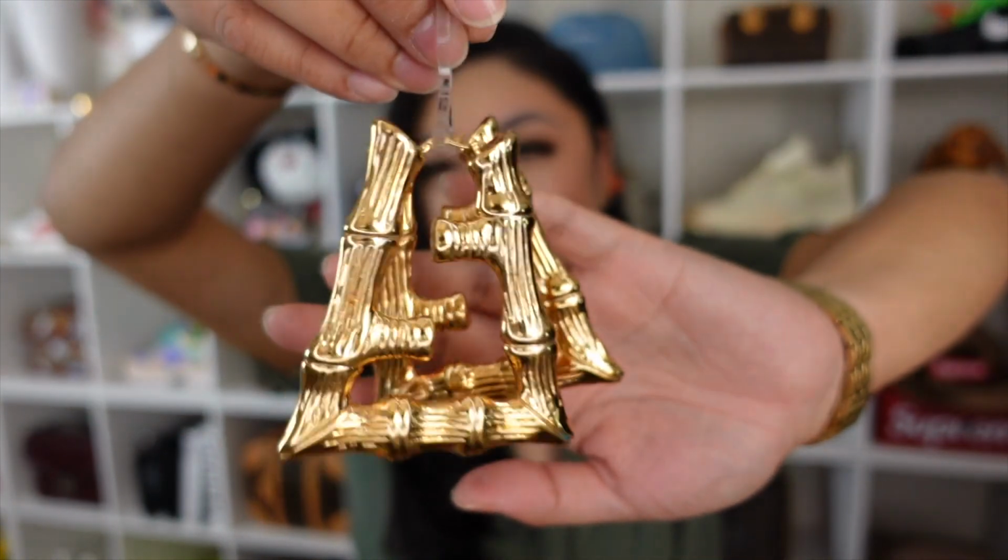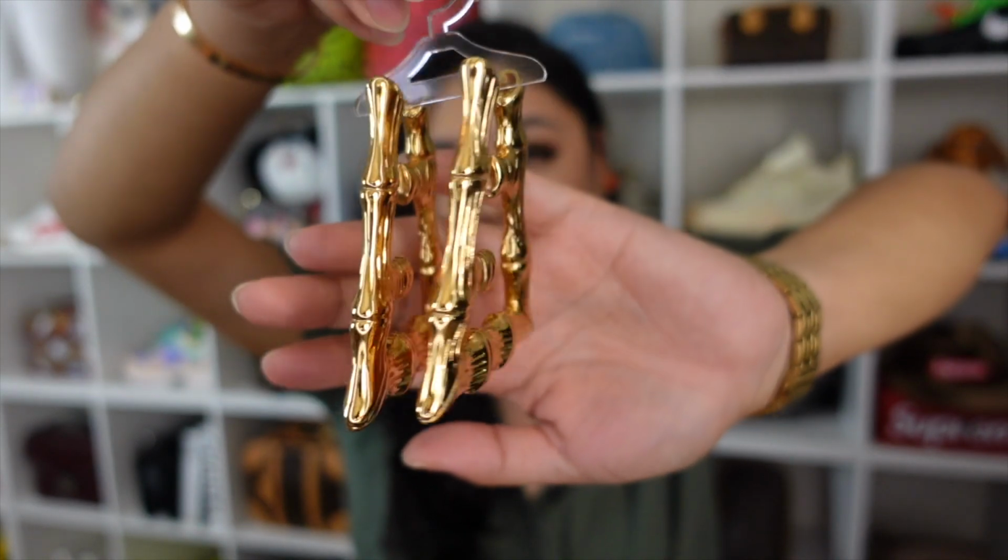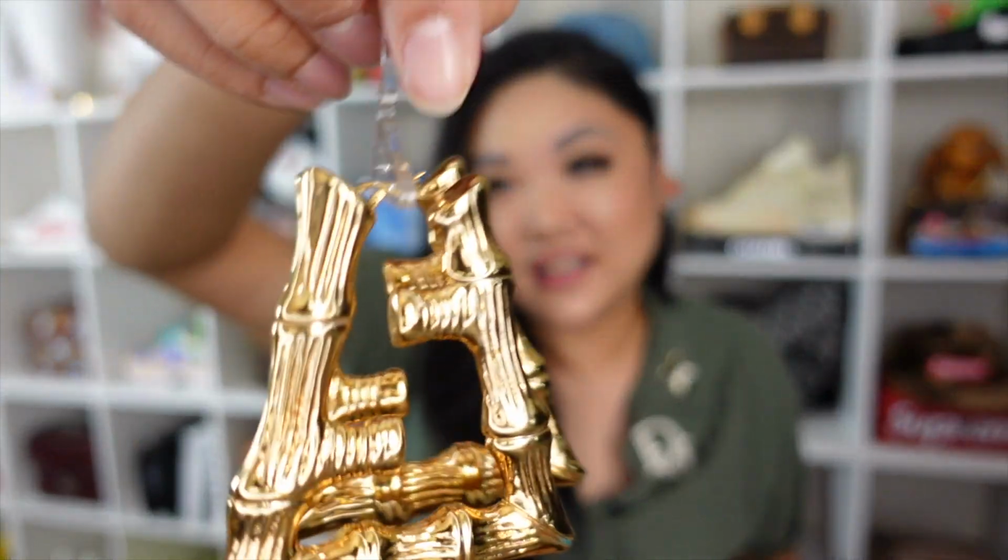They are these Fendi bamboo earrings from the Nicki Minaj collaboration. I absolutely love these earrings. It's just, I can't wear them all the time. They are pretty heavy and they're just cool. I love these. Alright, and now I have mostly studs for the rest, and I apologize because they're not on